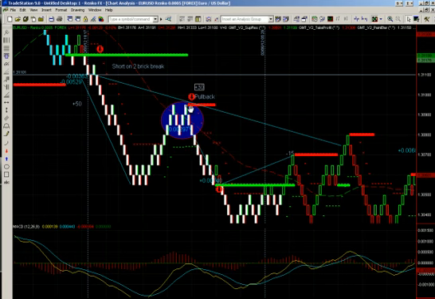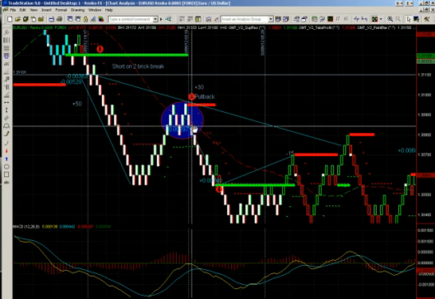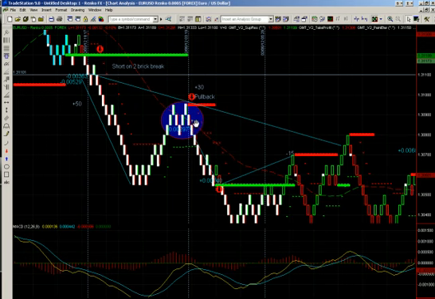What we're looking for is resistance to print. Then we go for our first brick on that resistance, which is here. So we need to see the resistance print. There's our first brick. The close of that first brick on a short is our trade setup. And there's our target there, so nice and easy. Once that support level prints, you just need to remember that we're